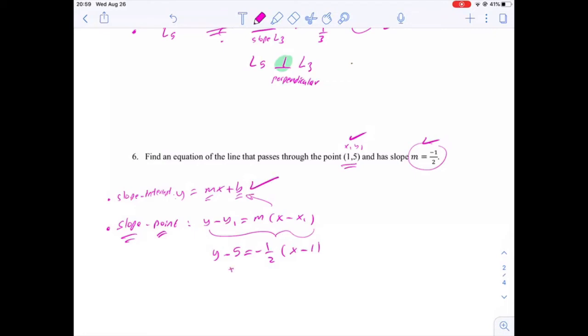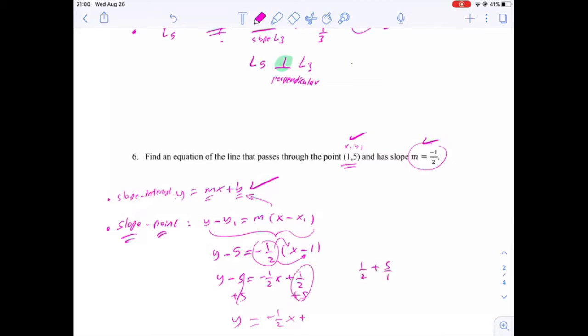We have 5, but before we get rid of this 5, we want to simplify the right hand side. So negative 1/2 times x is negative 1/2 x. Negative 1/2 times negative 1 is 1/2. And then we add 5 to both sides. So y equals negative 1/2 x plus what? Plus 1/2